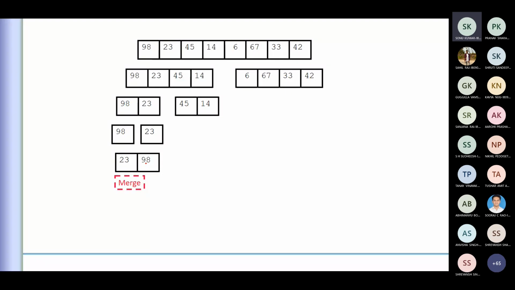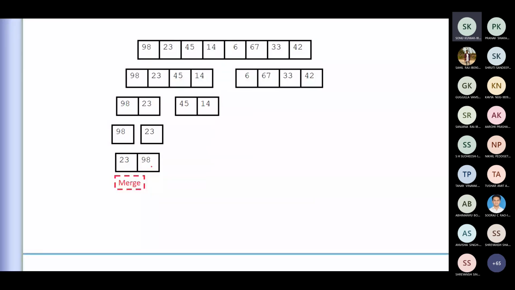The best part of this is the number of iterations it takes. For example, there is no comparison when we divide down to one element. The comparison happens when we want to merge. At the first level I am just comparing two values, and here also between two of them. But in the next part, because it is already sorted here, I need not reiterate this 98, because we already know these are in ascending order.